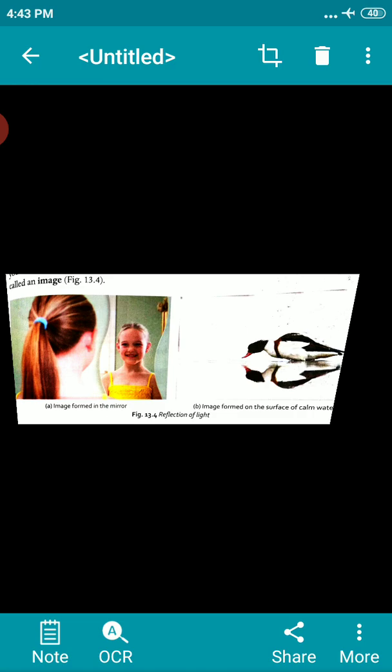So here you can do one simple activity at home. This activity should be done at night in a dark room. Ask one of your friends to hold a mirror in her hand at one corner of the room. Stand at another corner with the torch in your hand. Cover the glass of the torch with your fingers and switch it on. Adjust your fingers with a small gap between them so that you can get a beam of light. Direct the beam of torchlight onto the mirror that your friend is holding.